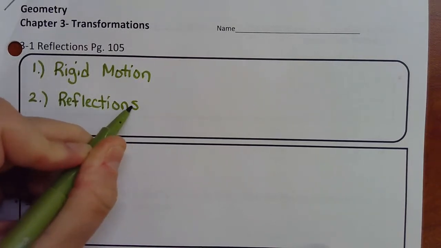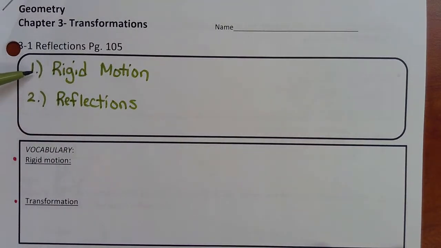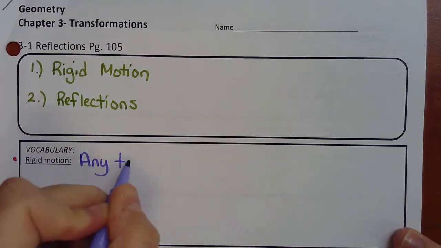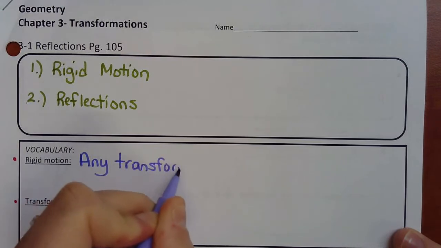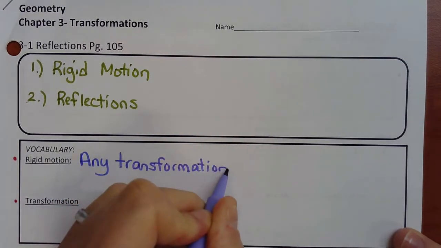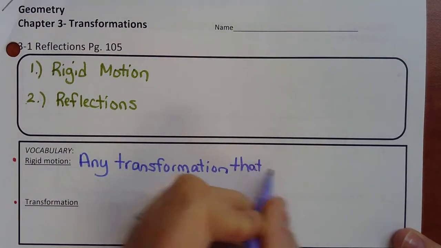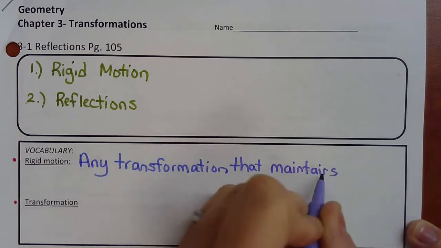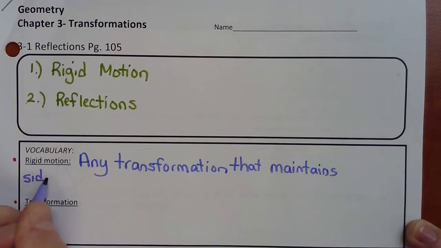So by the time you leave me today, you will be able to know whether something is a rigid motion or not. And then you are also going to be able to do reflections. So let's define rigid motions. A rigid motion is any transformation that maintains side lengths